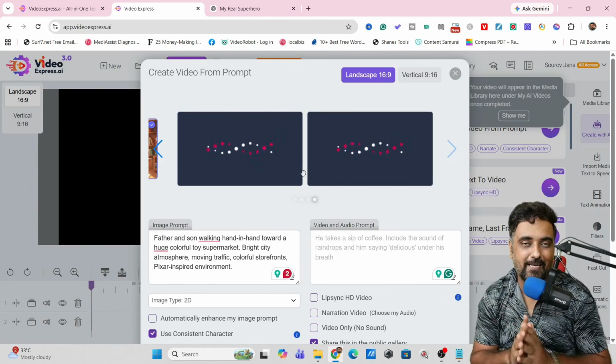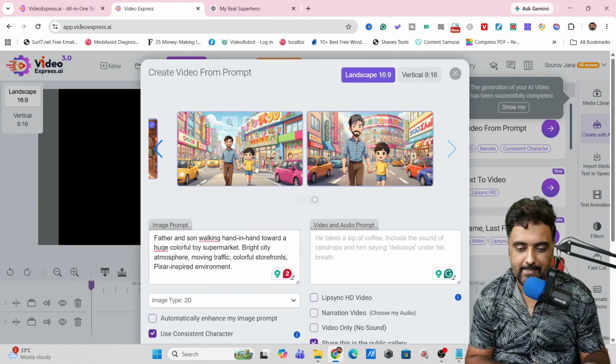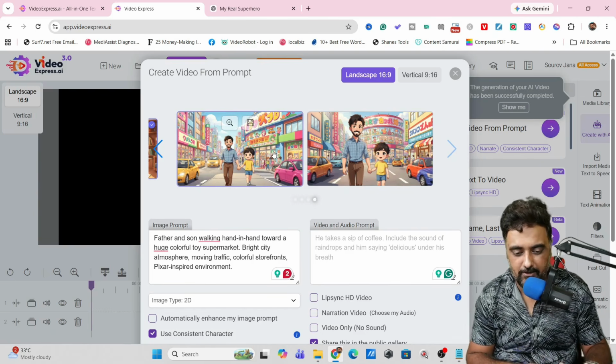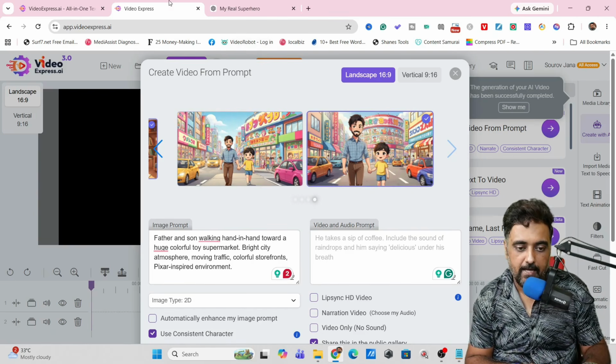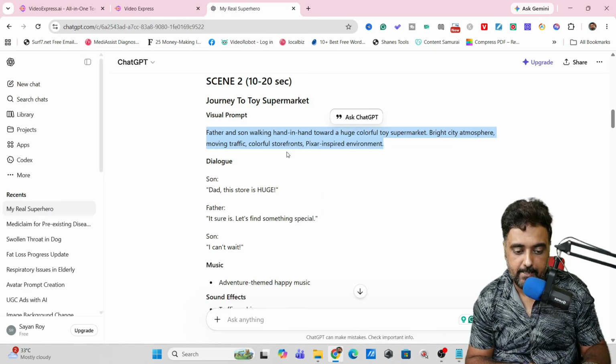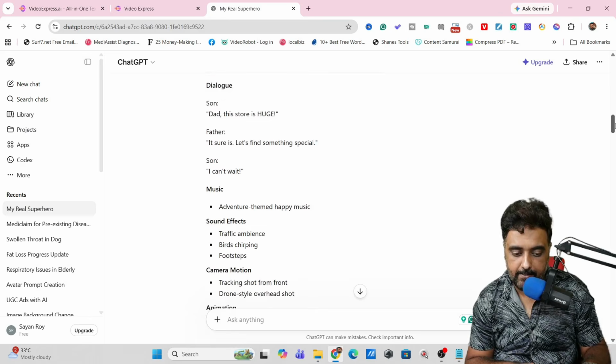All of that works seamlessly. So let's wait a little. And as you can see, it has generated a couple of images and both of them look ideal, right? So you can go ahead and choose any of them. Say for example, this one, and then just go back to ChatGPT and copy all of this